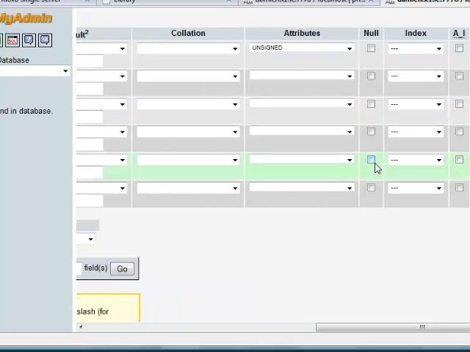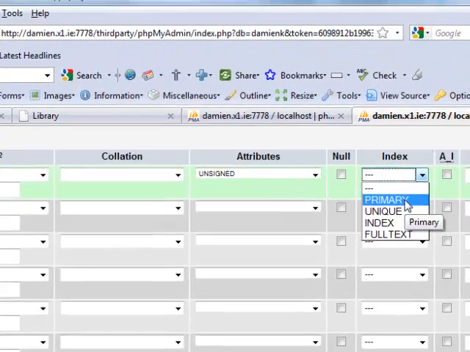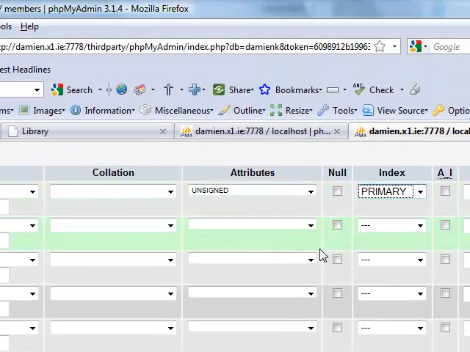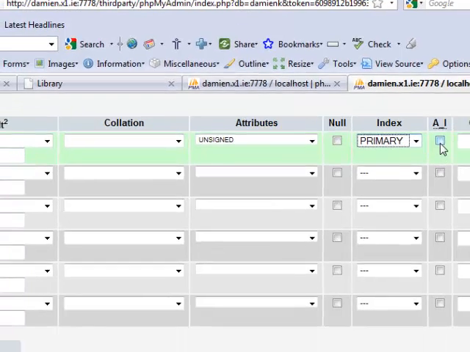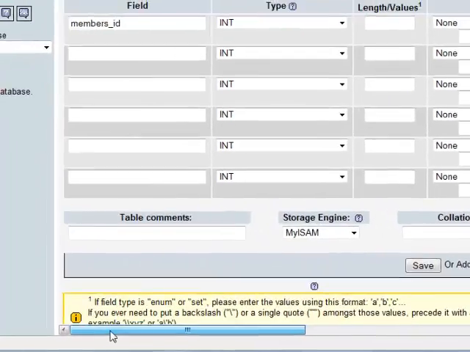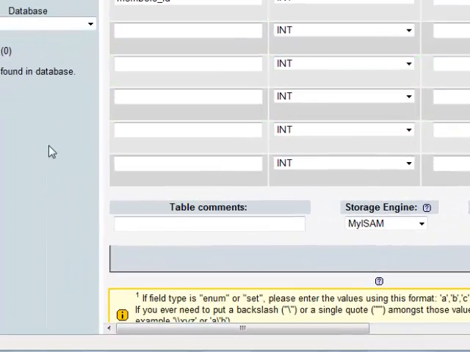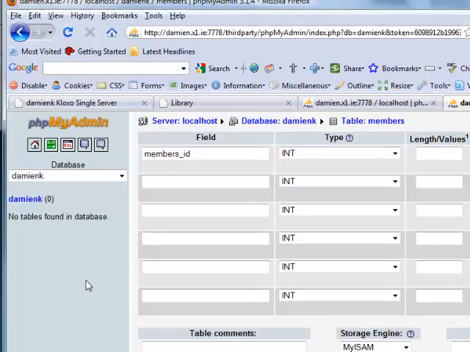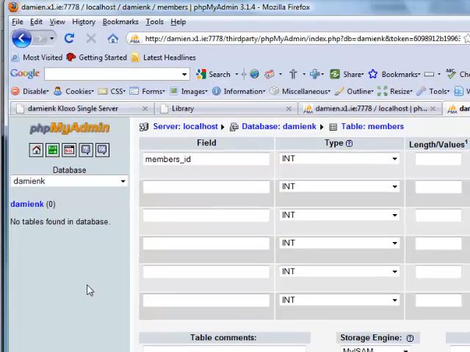We leave all these unchecked, leaving them not null. Again, we'll talk about that later. This field will be the primary key, and I'll check this box to auto increment, AI, and I should be happy with that. So the member's ID will be an integer which auto increments each time a new member is added to the